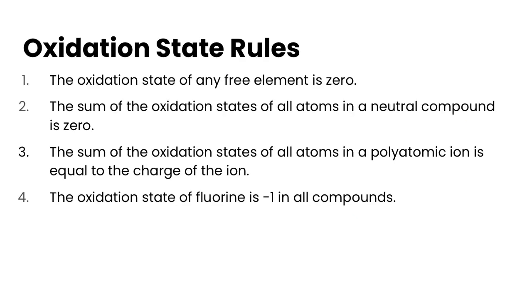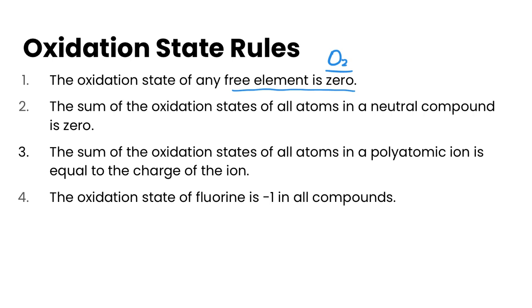So before we get into some examples of how to assign oxidation states, there are several rules that we do want to go over. So the first rule here, the oxidation state of any free element is 0. So what that means is if we had, for example, oxygen, even though it's O2, its oxidation state would be